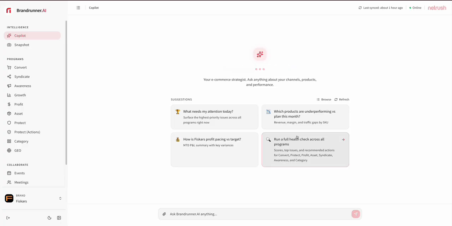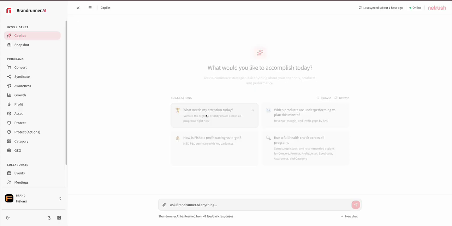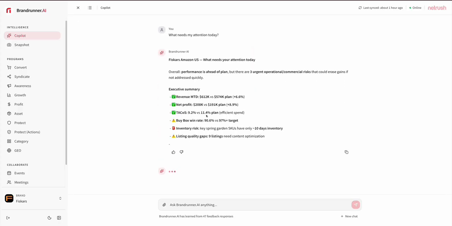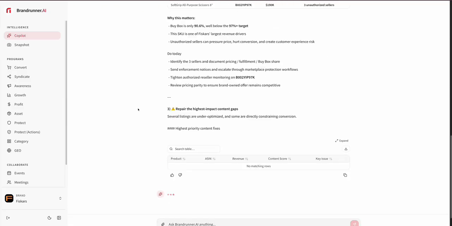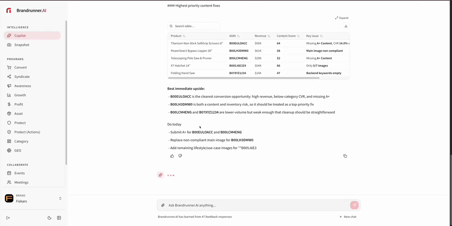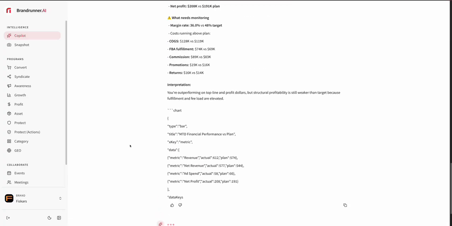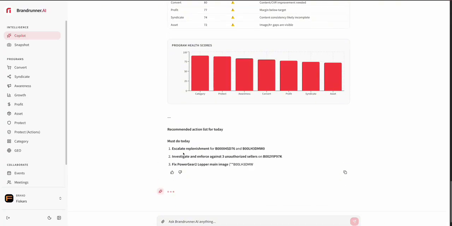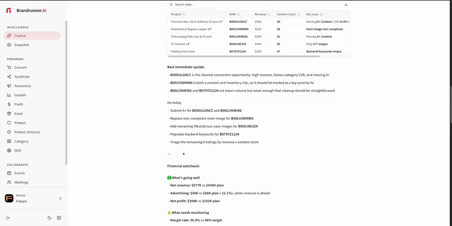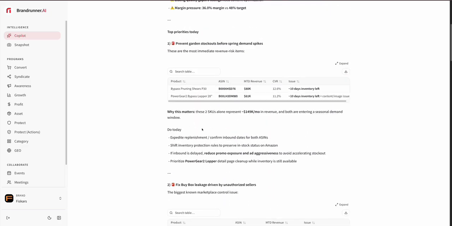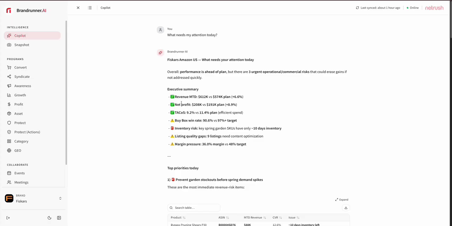The Copilot system is an AI copilot with some default questions to help brand runners quickly understand what needs the most attention. We've defaulted data here with some dummy data for Fiskars and Gerber, so you can get a sense of what type of information you can see in the system when it's fully populated. The Copilot does provide extensive answers on the initial questions, and what it's used to do is to highlight any quick hits, any places that are performing above or below plan and why, and any actions that need to be